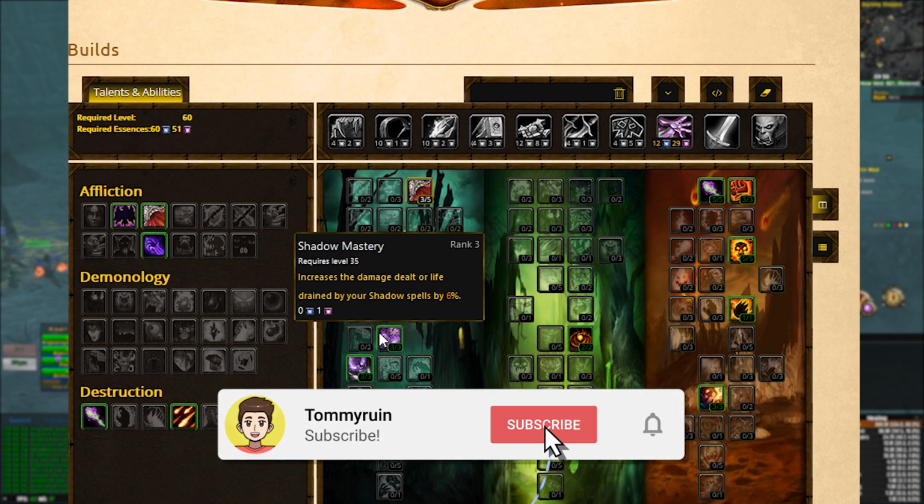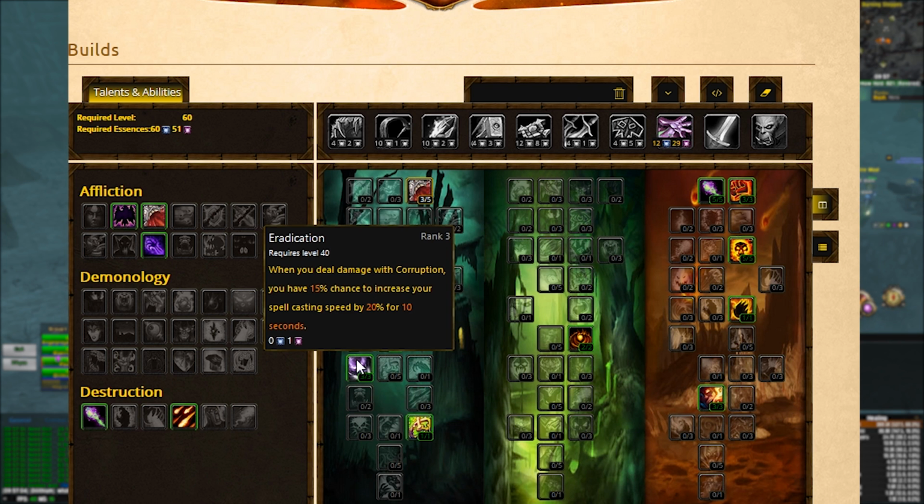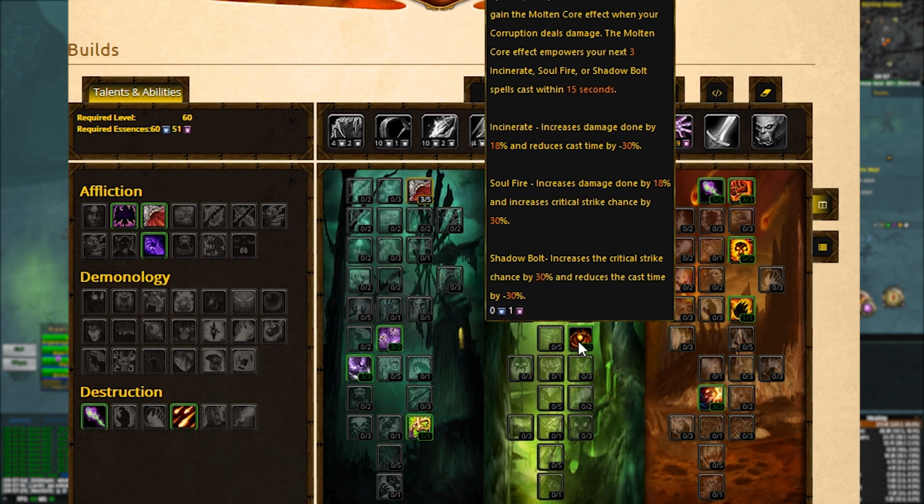We then get 3 out of 3 Shadow Mastery, which is again 6% shadow damage. Eradication gives you a 15% chance when Corruption deals damage to increase your spell casting speed by 20%, and this allows you to fire off your Shadow Bolts so much faster. For 1 point, Pandemic allows us to crit with our Corruption spells, so that one is really nice to pick up. We then have Molten Core, which when Corruption deals damage, we can get the Molten Core effect, which empowers